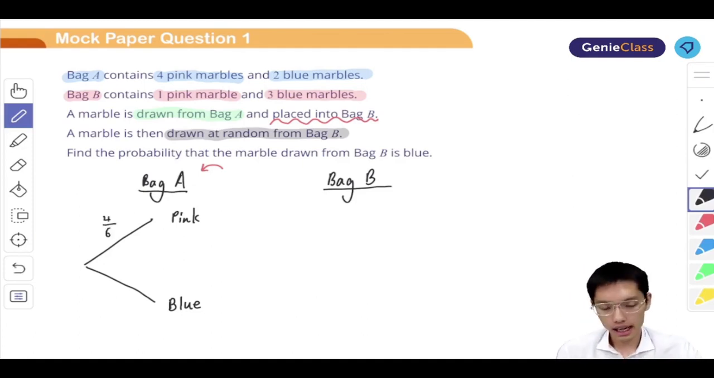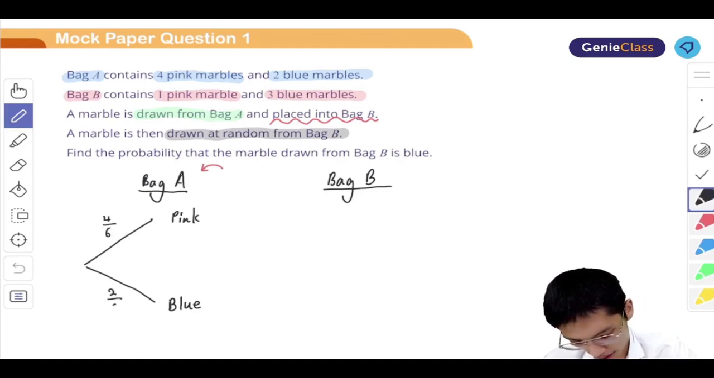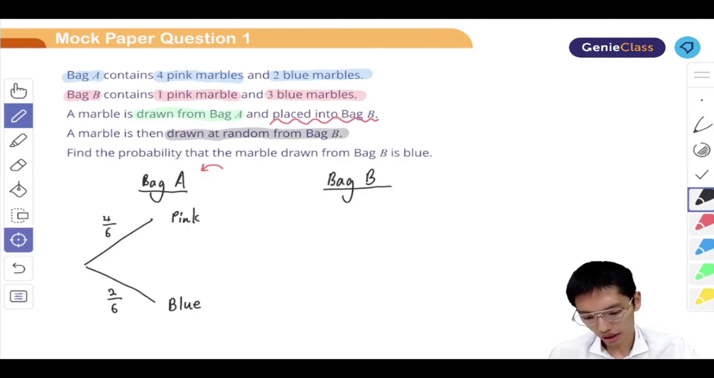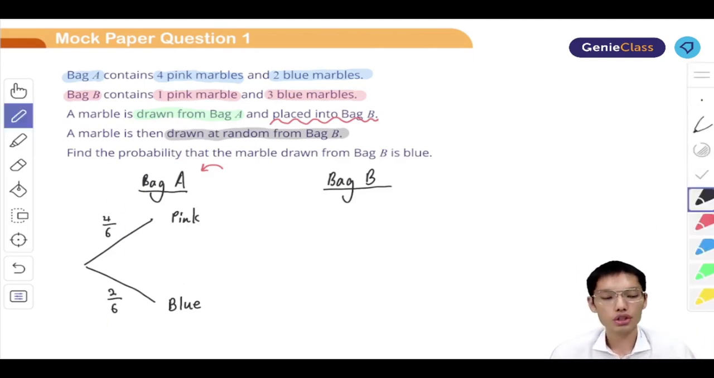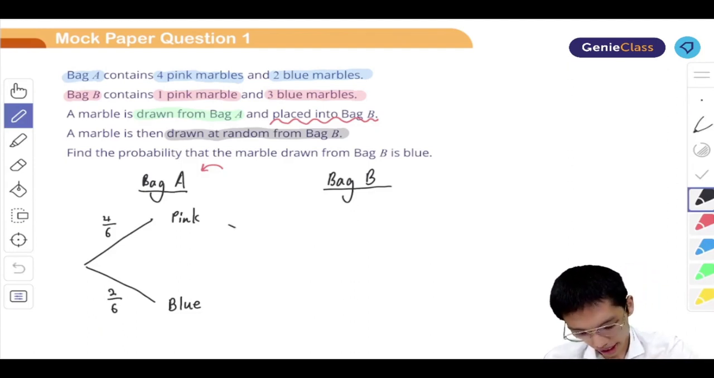4/6. And the other one should be 2/6. Alright, it should add up to 1. Okay, the branches over here, take note guys, it should add up to 1. Now bag B is the very confusing one. As such, again, it should flow up, and again, it should only be pink,